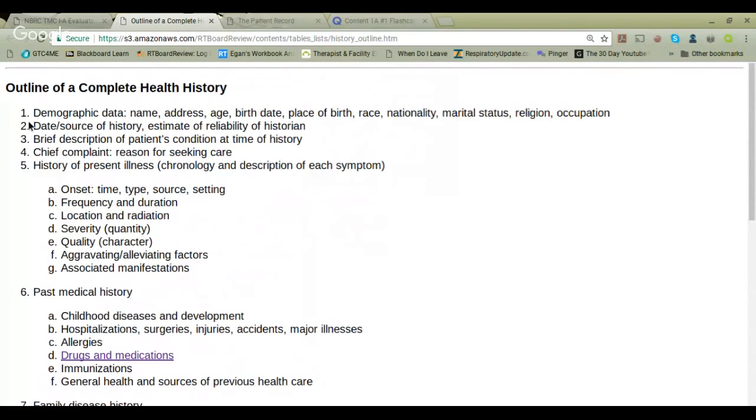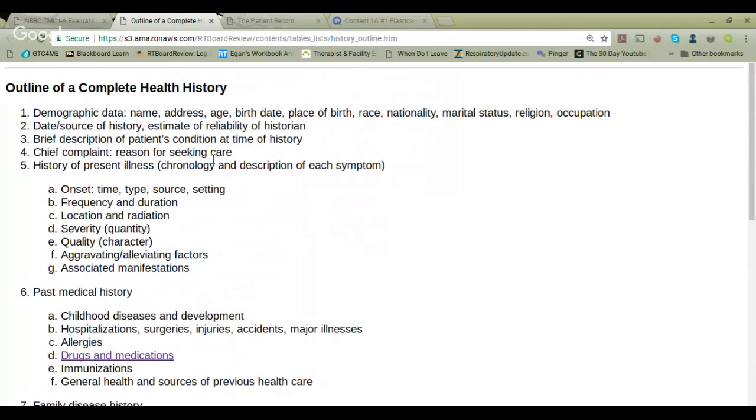Okay, so outline of a complete health history. You have the demographic data, like the name, date of birth, age, address, race, and so on. You have the date or source of history, estimate of reliability of historian, brief description of patient's condition at the time of history,